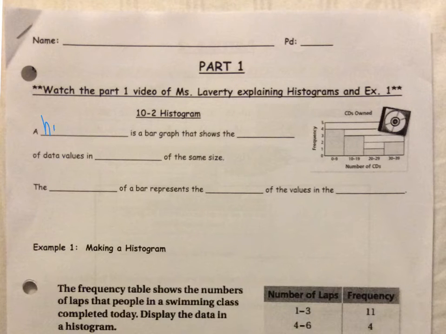A histogram is a bar graph that shows the frequency of data values in intervals of the same size. So if we take a look over at our histogram, all of our intervals are the same size: 0 to 9, 10 to 19, 20 to 29, and 30 to 39. They all go up with 10 values. We can't have intervals that are different. For example, 0 to 9, 10 to 15, those interval values would be different,